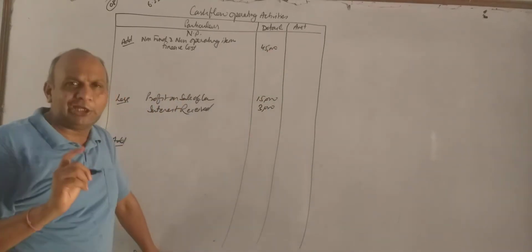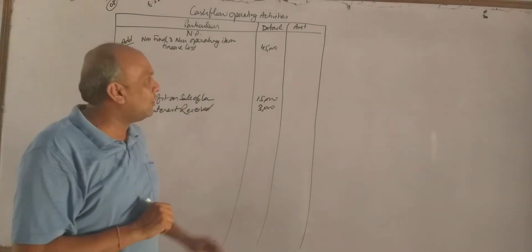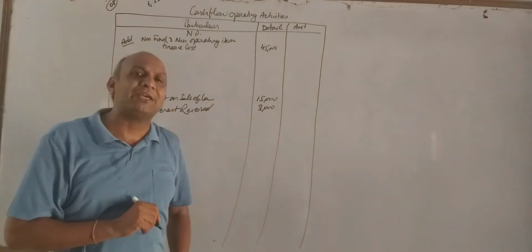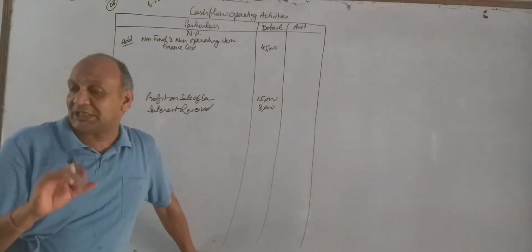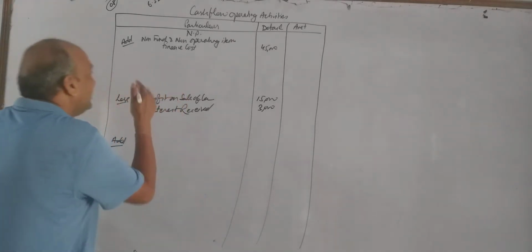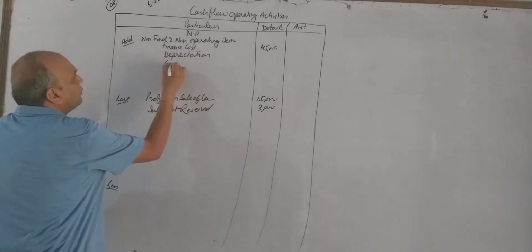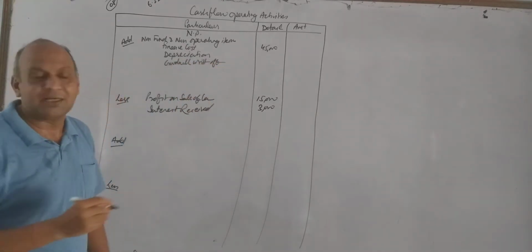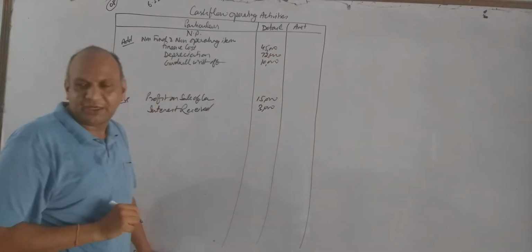If we have given detail of finance cost, then we will see what items are given in finance cost, and we will see all items are to be considered here or not. Next item, depreciation and amortization. Amortization means written off. Here we have given note number 2. In this heading, depreciation and amortization, we have given two items, depreciation and goodwill written off. Both items we are going to add over here, depreciation and goodwill written off. These items are 72,000, and then we have given 10,000 rupees. I think doubt is clear.